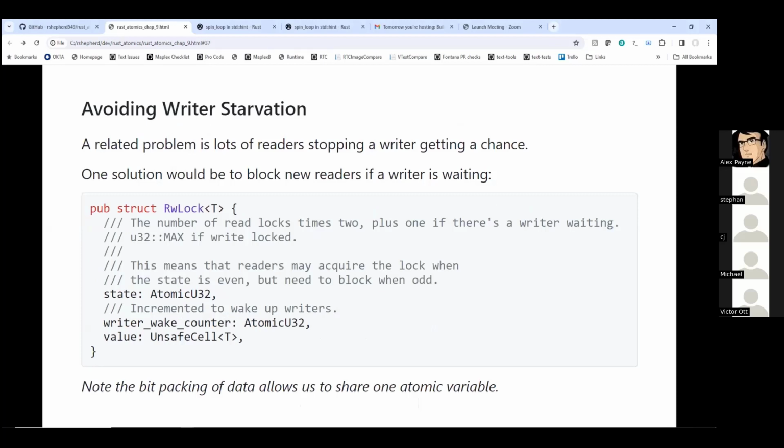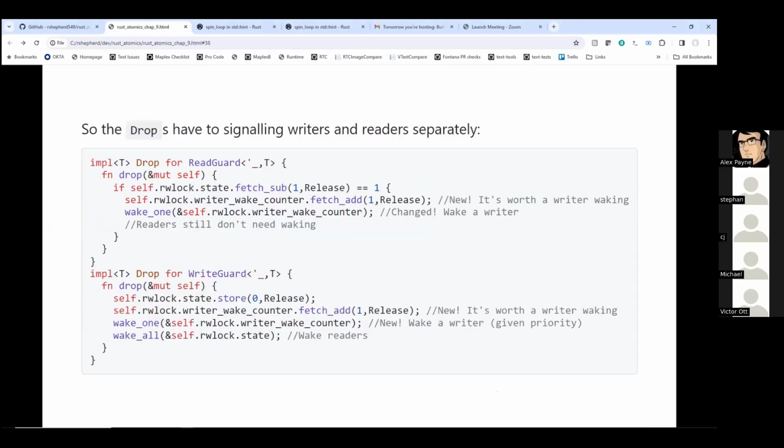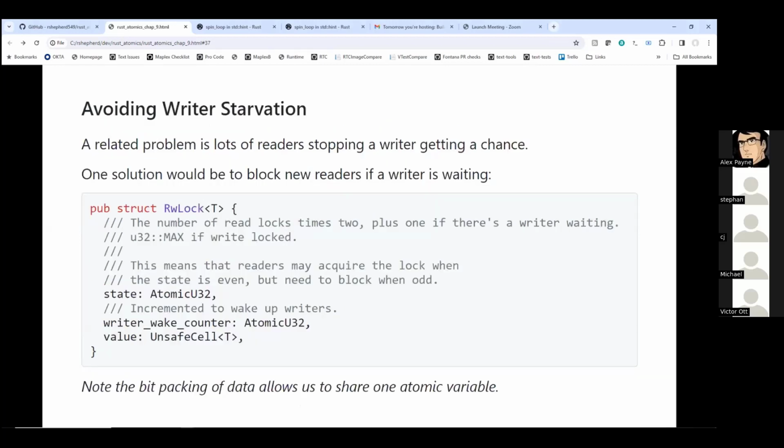Another problem could stop lots of readers getting in, meaning a writer doesn't even get a chance. I can't remember the scenario they suggested was different to what would cause the previous problem. That's right. Previously, we were worried about the writer waiting a lot, whereas now we're worried that the writers may just not be getting their chance to ever add anything new because different readers keep jumping in and